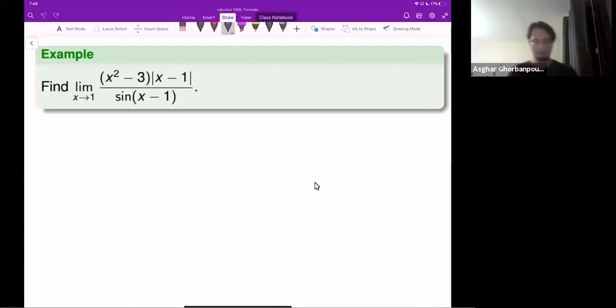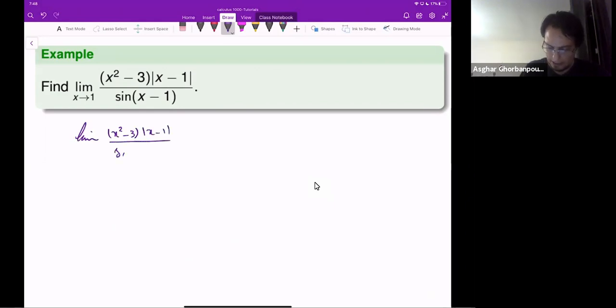Okay, we have the limit of (x squared minus 3) times absolute value of x minus 1 over sine of x minus 1, as x goes to 1. Well, the first thing you notice is that I can separate it: the limit of x squared minus 3 times absolute value of x minus 1 over sine of x minus 1 as x goes to 1. So I can use the product law,